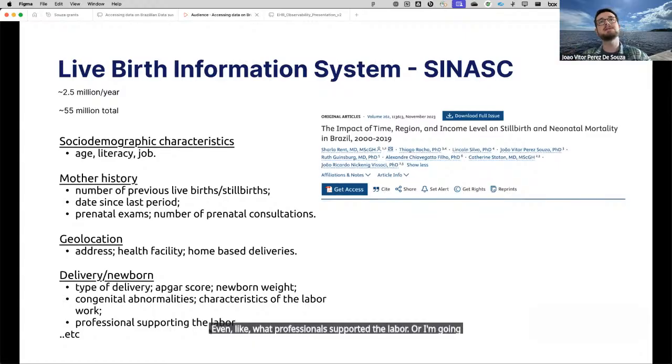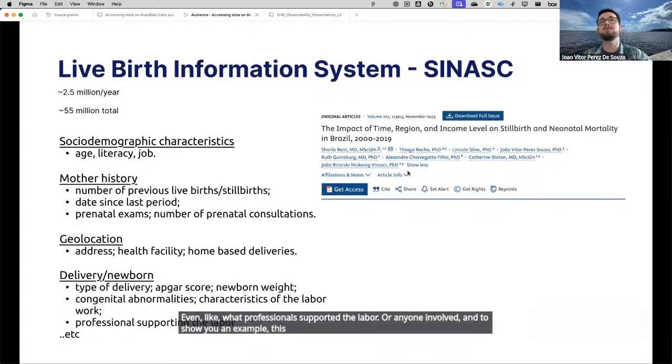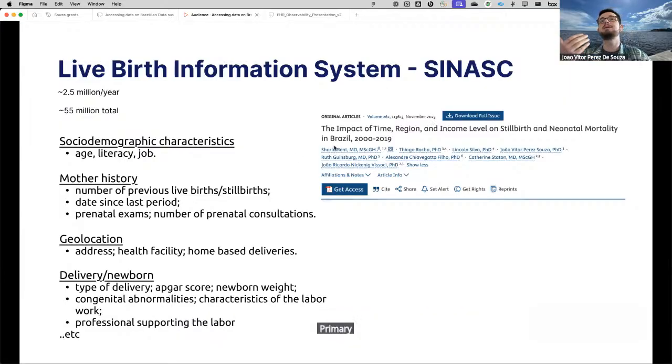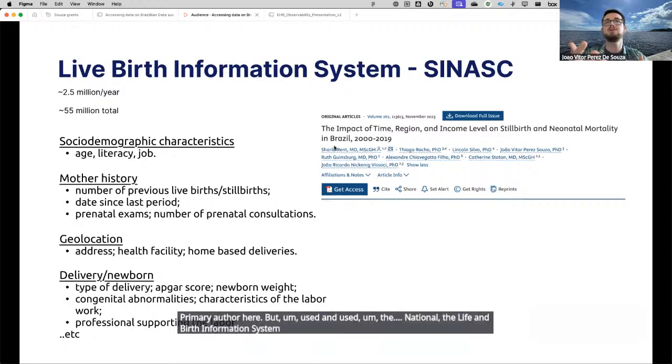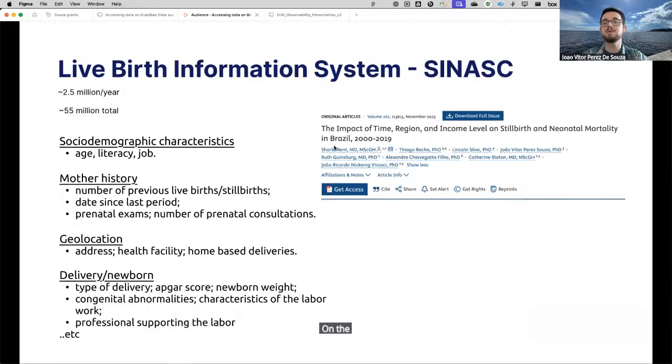And to show you an example, this paper here was published in 2023 with Dr. Charla Hunt as the primary author, and it used the live birth information system to measure the impact of region, time, and income on stillbirth and neonatal mortality in Brazil.